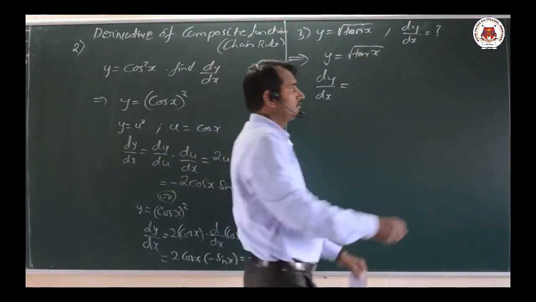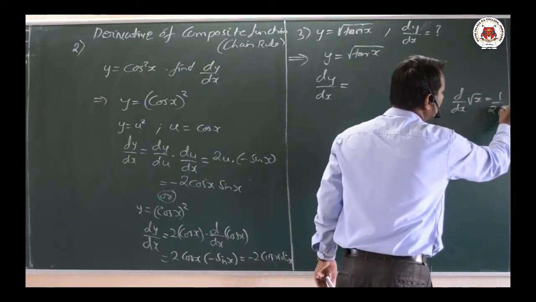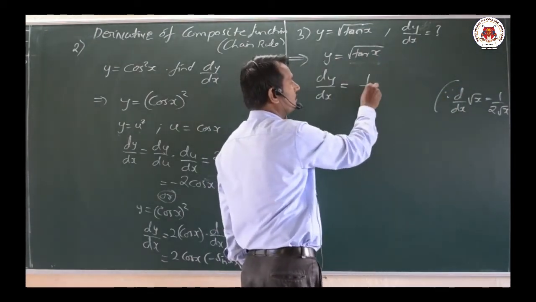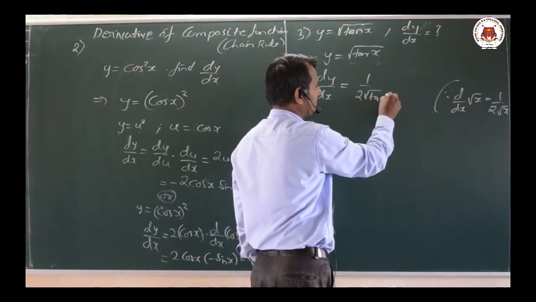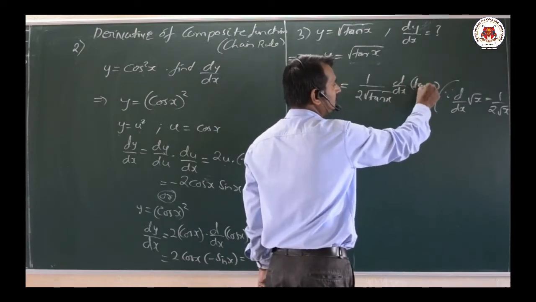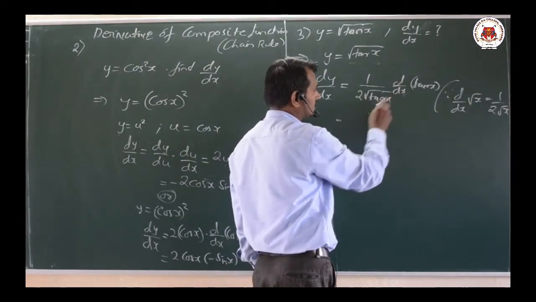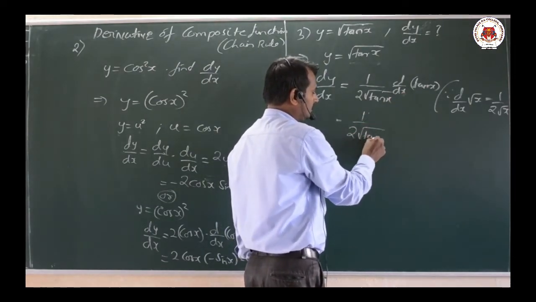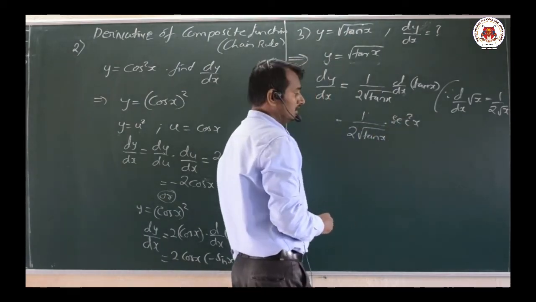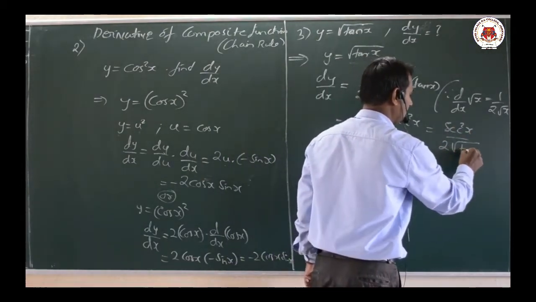What is the differentiation of root x here? d by dx of root x, that is nothing but 1 by 2 root x formula. So here if I take root tan x as x, it means 1 by 2 root of tan x. Now again further differentiation of what it is? Further differentiation of tan x becomes what it is? Secant square x. What we get here? Further differentiation of 1 by 2 into root tan x into tan x becomes secant square x at last. That is nothing but here secant square x divided by 2 into root of tan x.